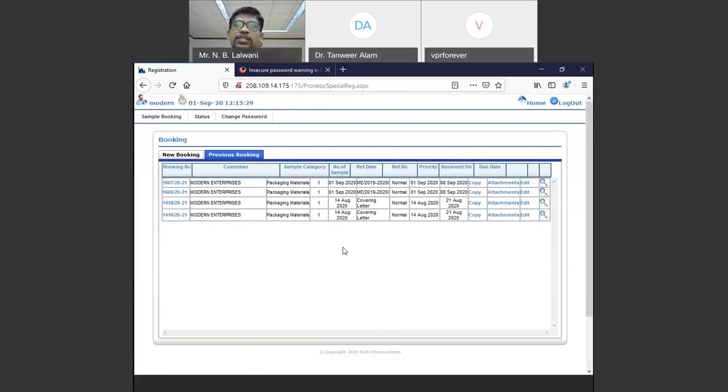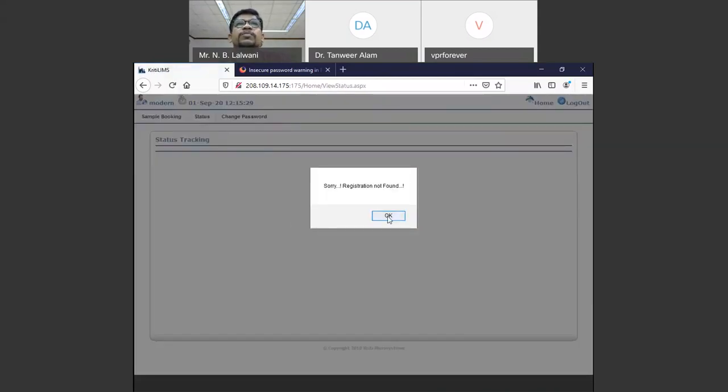Once your testing is done, you will find the authorization is done and UN marking is generated. So you will be able to see the UN registrations. The UN marking you will be able to view in the status. So here the status is empty as we don't have anything.